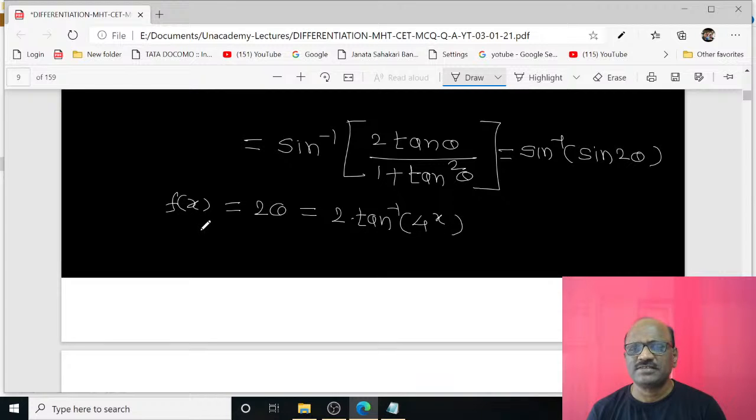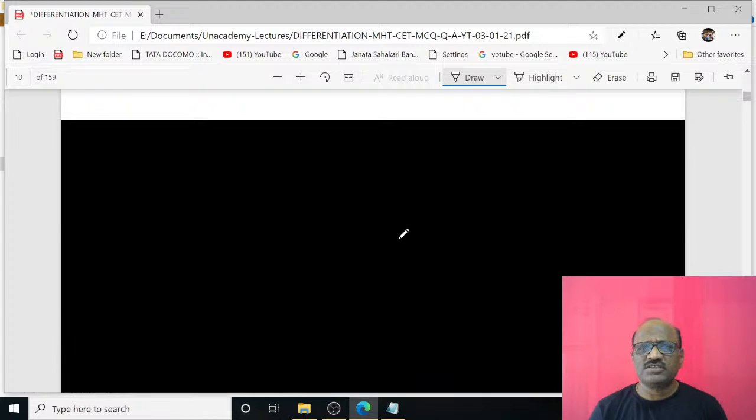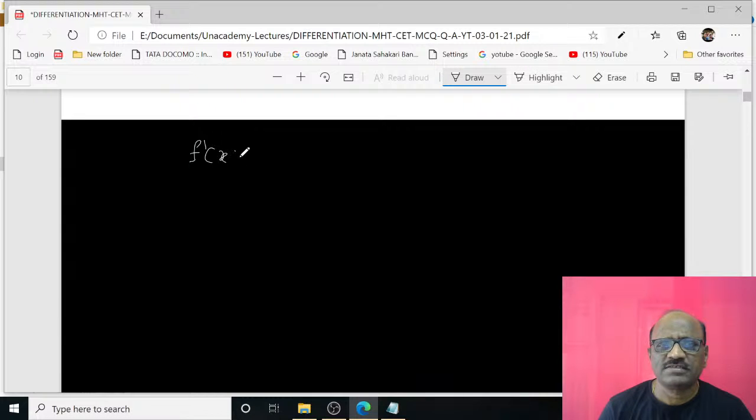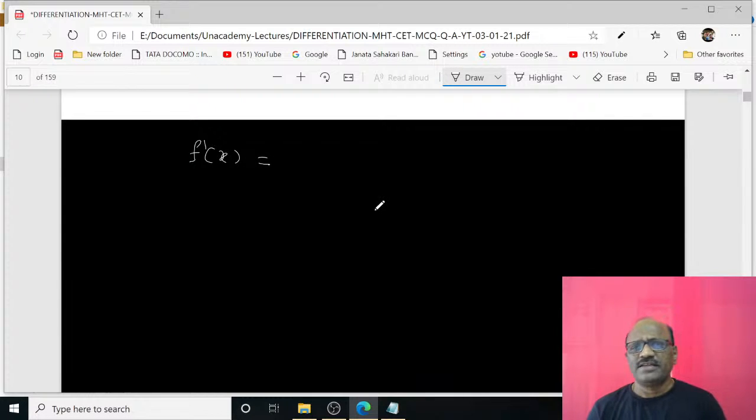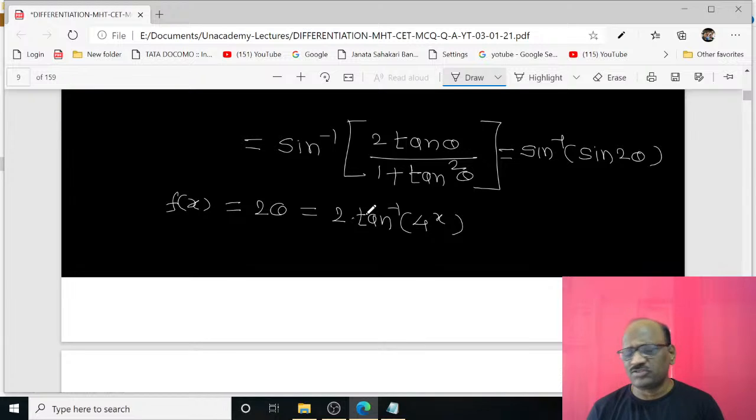This is the f of x. Now we'll find out the derivative of this f of x, which is equal to 2 times tan inverse of 4 raised to x. Its derivative is simple: f dash of x is equal to the derivative. We know the derivative of tan inverse of x is 1 upon 1 plus x square. In a similar manner, here it is 1 upon 1 plus (4 raised to x) whole square